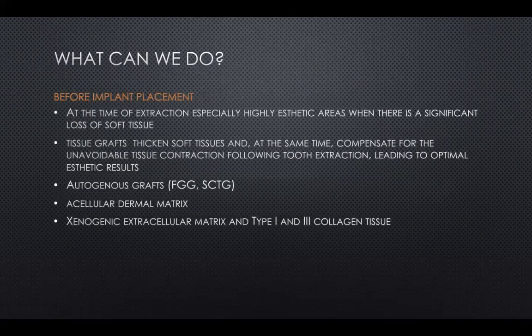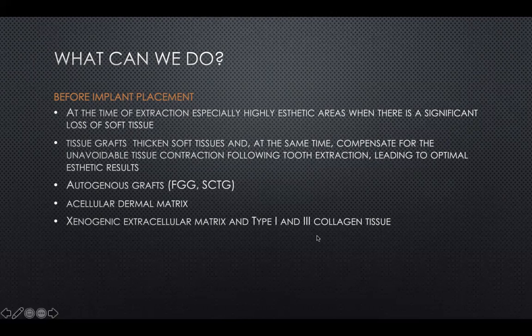So what can we do before implant placement? Again, at the time of extraction in highly aesthetic areas, we can expect significant loss of soft tissue and hard tissue. So tissue grafts will thicken the soft tissue and at the same time compensate for the unavoidable tissue contraction after the extraction. We can use autogenous grafts, whether it's a free gingival graft or a subepithelial connective tissue